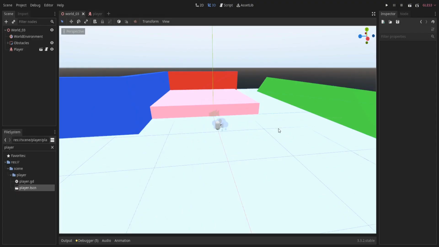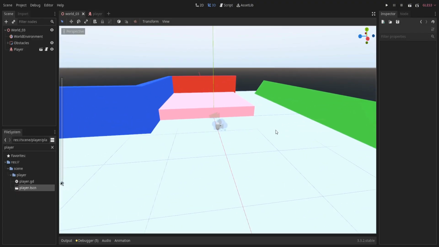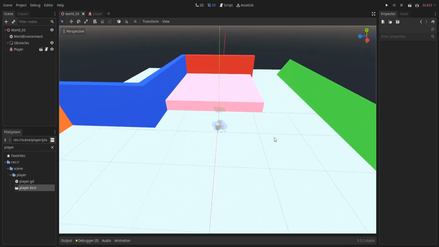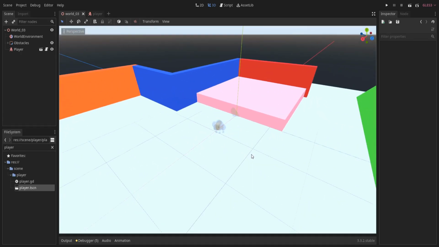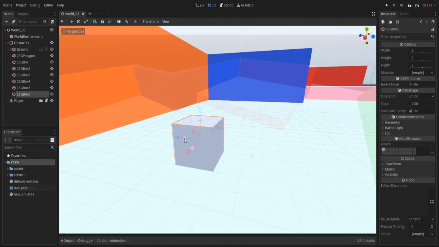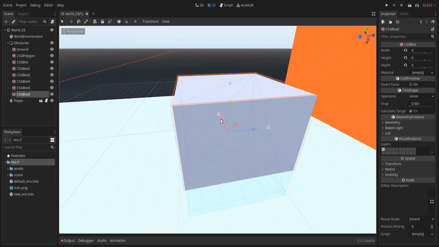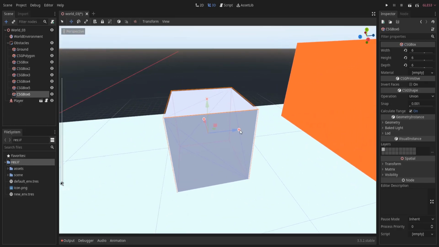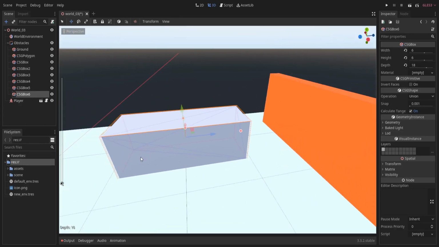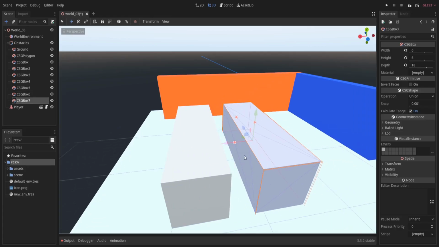I have created a new scene for the purpose of wall running. You can create one yourself or download it from the link provided in the description. One thing to note here is that when creating walls on which we want to wall run, make sure you use something like a CSG mesh or your own 3D model created with Blender or any other software.